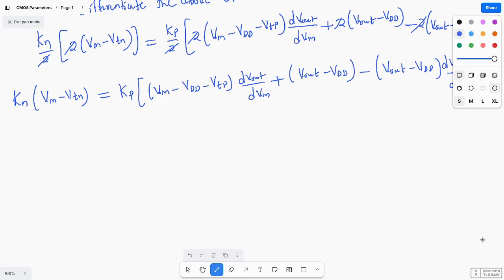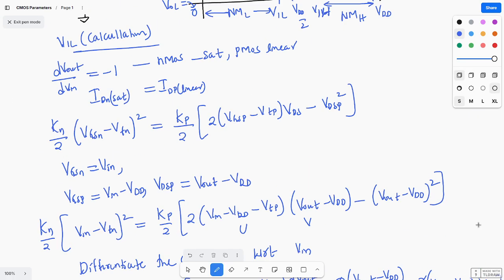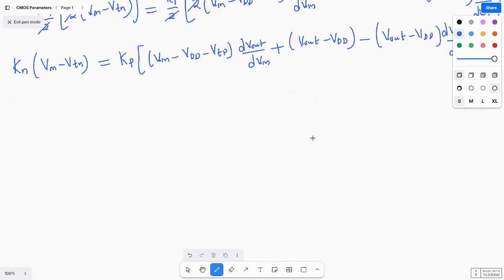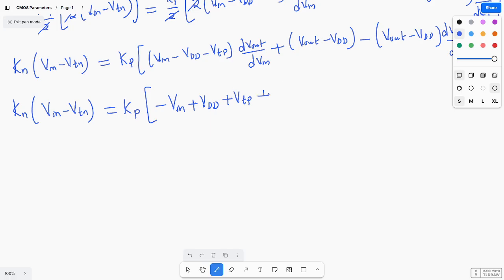So I'm substituting dVout by dVin equal to what? Minus 1, no? dVout by dVin equal to minus 1, that I am substituting. Okay. So when I substitute, what we will get? Kn into (Vin minus Vtn), that is equal to Kp into, when you substitute, what you will get? Minus Vin plus VDD plus Vtp, plus (Vout minus VDD)